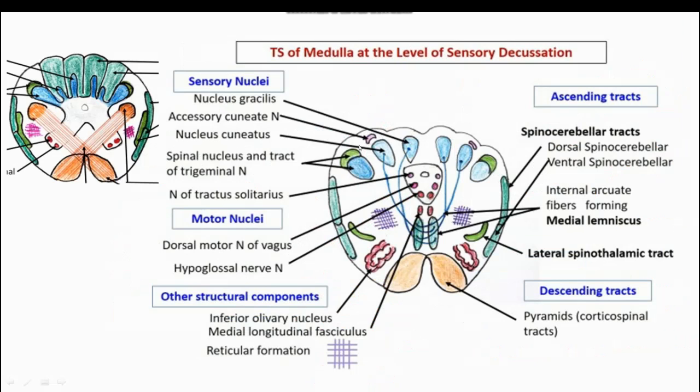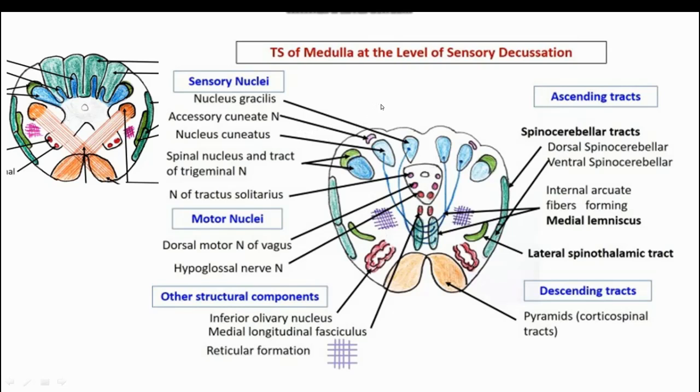See, in your professional examination, the question can be asked either in the long. If it is asked in the long, then anything can be asked: describe the medulla, its TS at the level of sensory decussation, describe its external features, and so on. And if it comes in the short, it can be asked to give the TS of the medulla at sensory decussation or at the level of olive or primary decussation, and then accordingly you have to draw the diagram and explain.